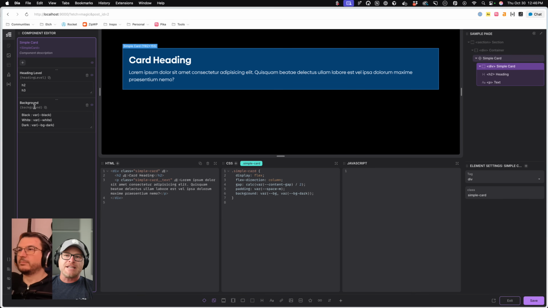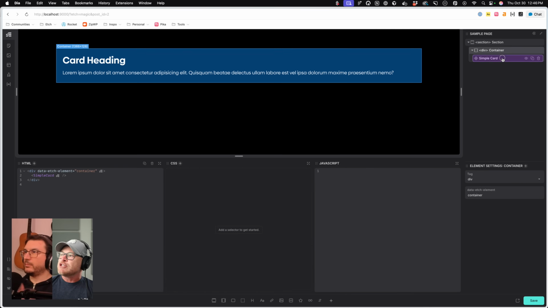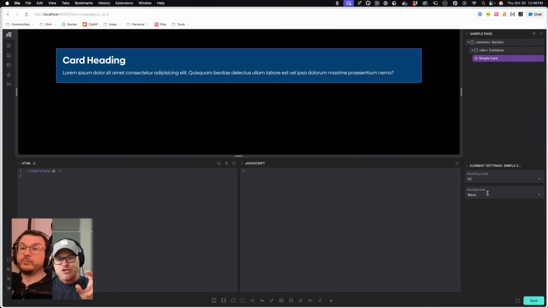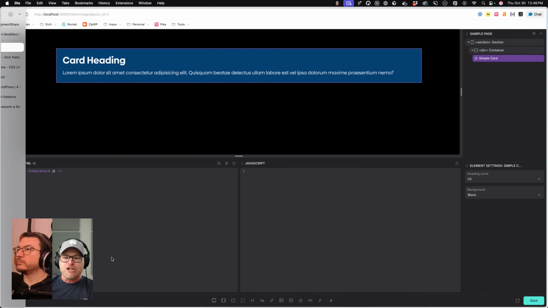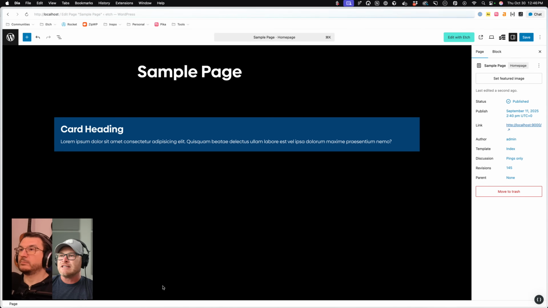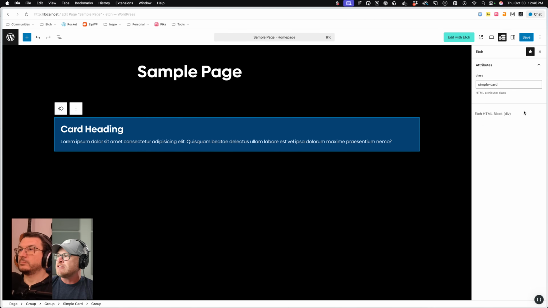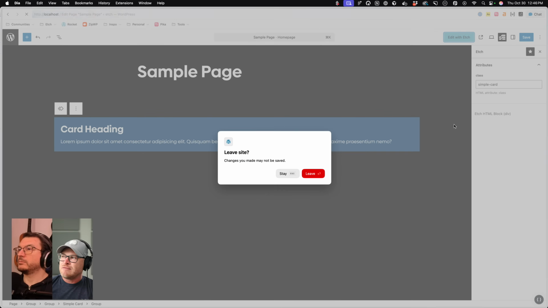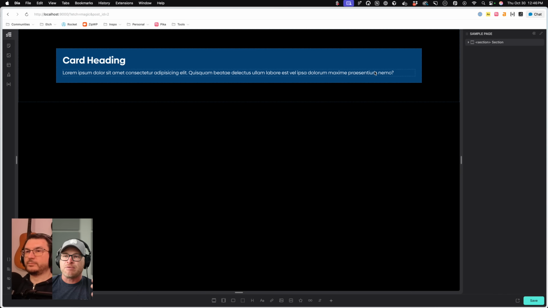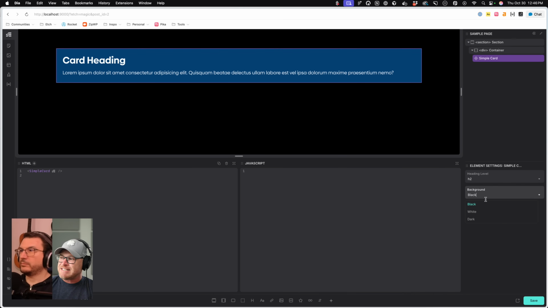Okay, so what we need to do is take this background selection right here, and let's just see what this does. I'm just gonna save this in our current state and exit the component. So when I'm using the component, now the user, which this passes into Gutenberg, right? I don't know what version I'm on here or what our Gutenberg authoring is looking like on this particular version. So you don't have the dropdown on this particular version, but you would have that prop passing through into Gutenberg. So the person using this in Gutenberg would essentially see this selection, and they would be able to choose white or dark or what have you, right?